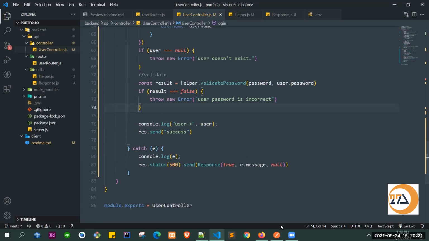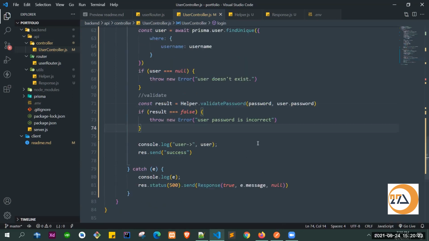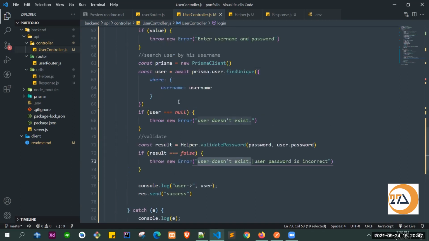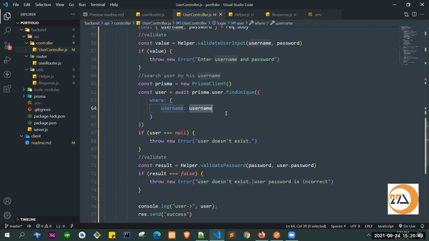Now, is it safe to tell the person that the password is wrong? Yeah, I understand your question. Let me show you. If you just do the same thing here and say that the user doesn't exist, what will happen? Let's say I am a user of your application, and I'm giving a wrong password, and you tell me that the user doesn't exist. Then what will I do? I will try to create a new user with my existing username. So that will create a mess.